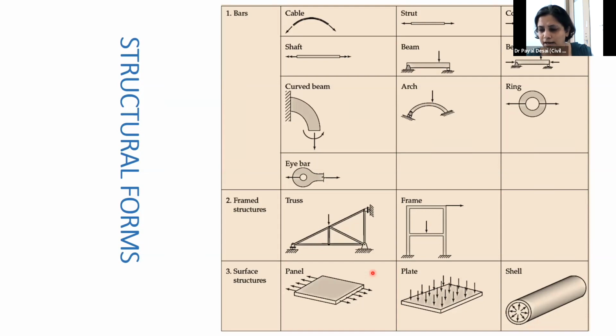Okay, the last category is the shell structure. Of course, they are curved plates. Again here, as compared to one dimension, the other two dimensions are significantly larger. In shells also there are two categories. It can either take only the axial stresses, maybe the circumferential and hoop stresses, or, along with that, the shells can be designed for bending as well as axial loads. So these are the categories of various structural forms, a kind of survey.